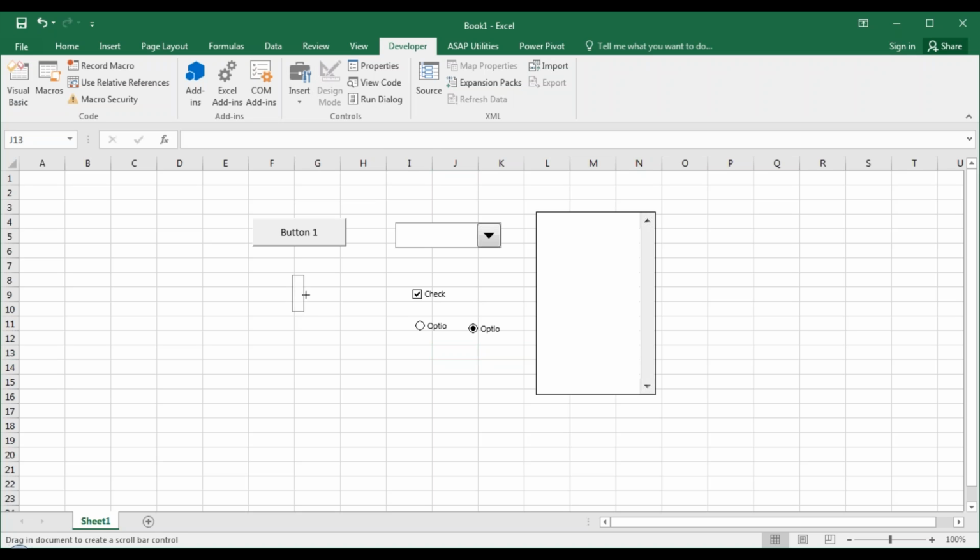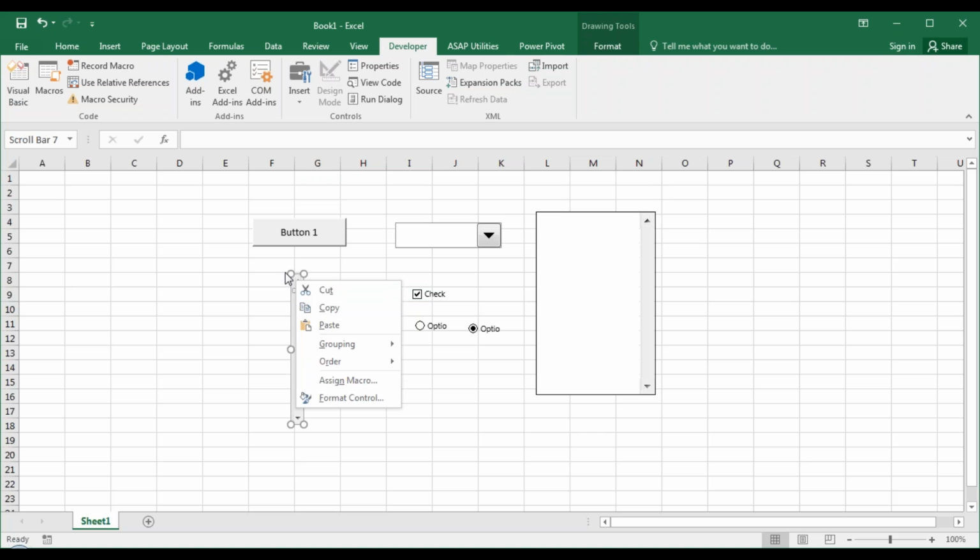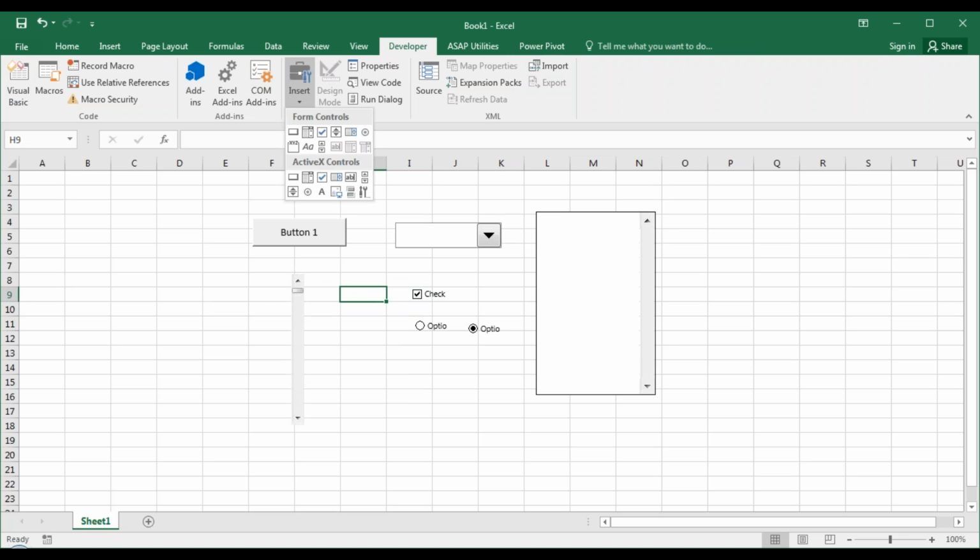So this is a scroll bar. Within the application, there can be a scroll bar. Where do you find a scroll bar in Excel? There's a scroll bar here. It's a vertical scroll bar. You can also have a horizontal scroll bar. Yes, Sonia, this is Excel. I'm just showing you as an example. So similar to